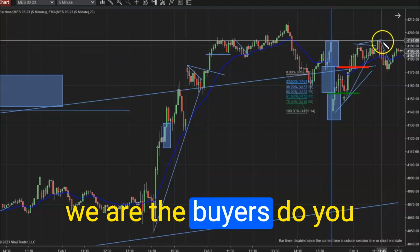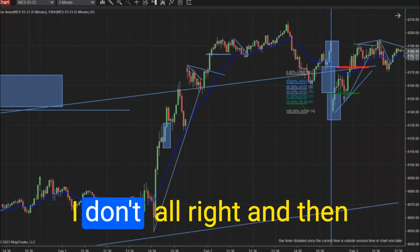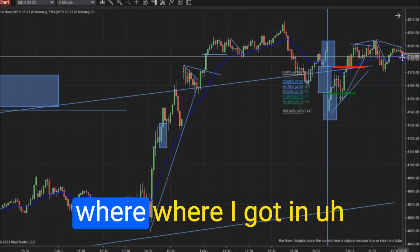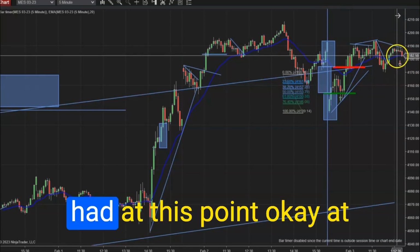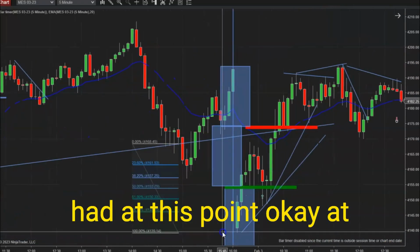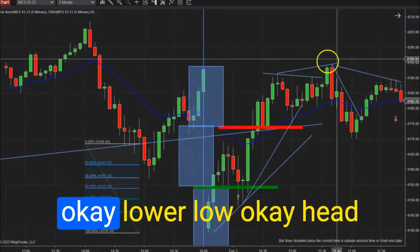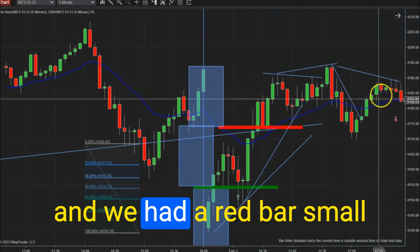Where are the buyers? Do you see buyers in these candles? I don't. All right, and then finally, that's where I got in. At this point you had failure, a lower low, a head and shoulders type pattern, and we had a